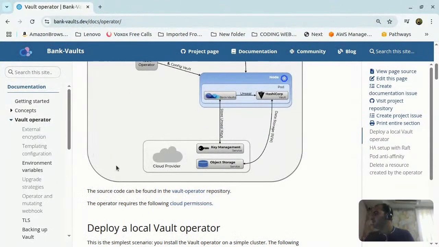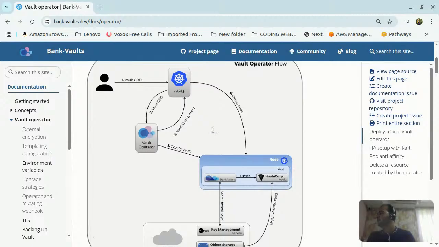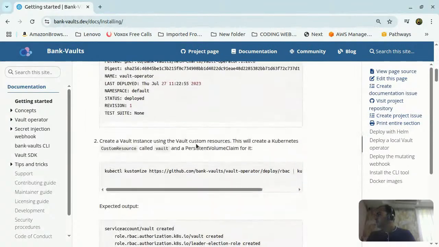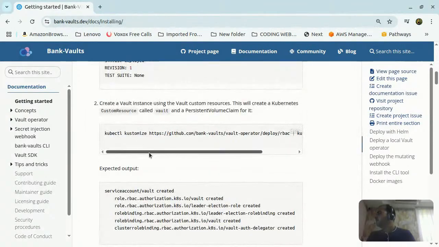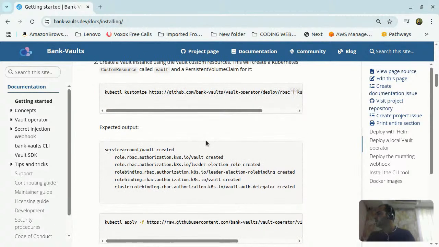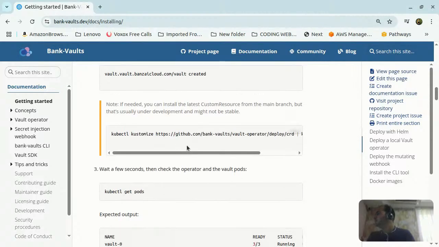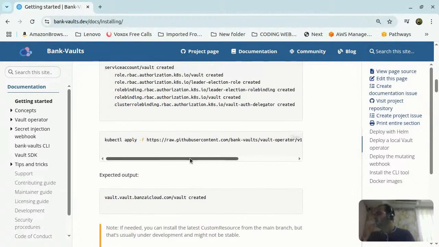This cluster provider is for managing our unseal keys. Okay, let's go with the flow and install the CRDs. We already installed the CRD. Okay, RBAC installed. What's remaining is